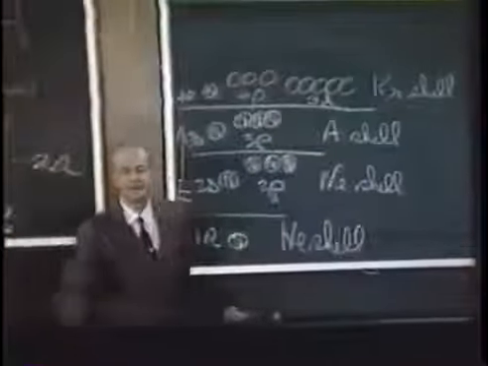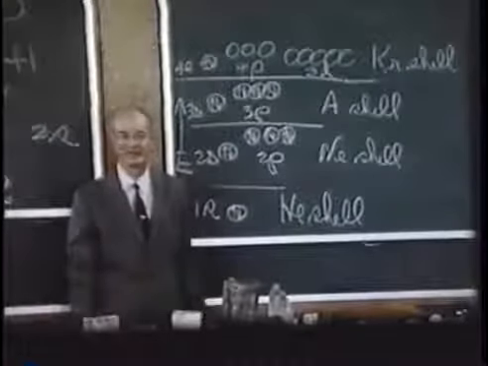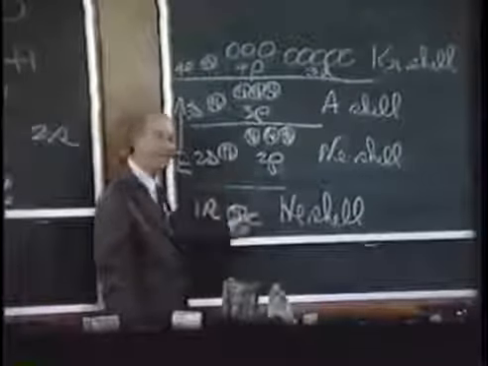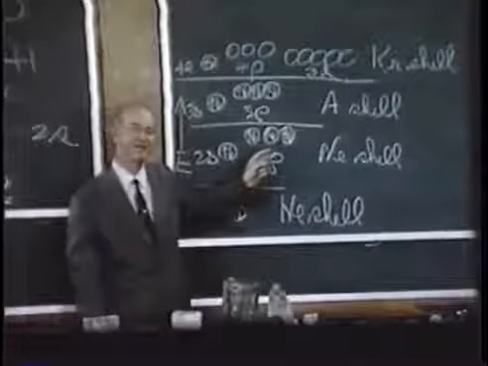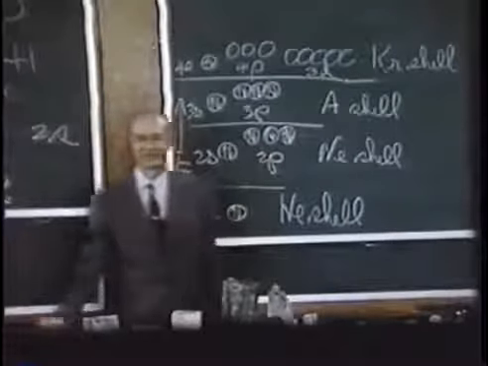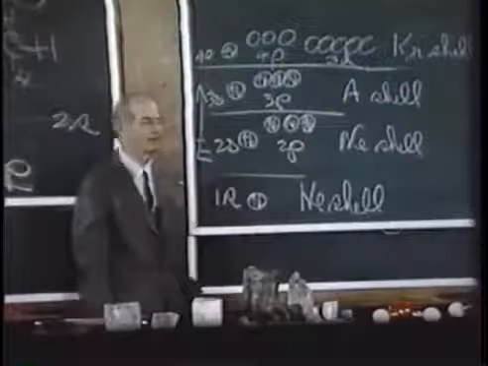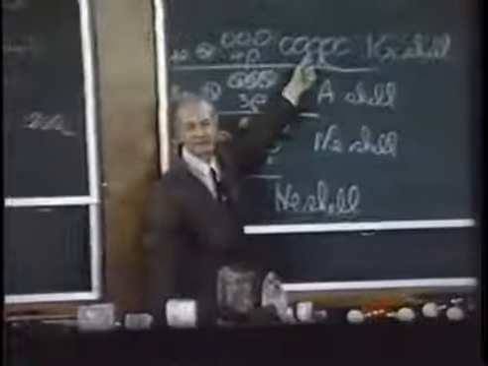Here I should mention that the usage of this term shell varies somewhat. It has been customary to refer to the K shell, the L shell, and the M shell, and so on. Well, the M shell, in the old designation, is the shell that contains all of the orbitals with the same total quantum number, 3s, 3p, and 3d.